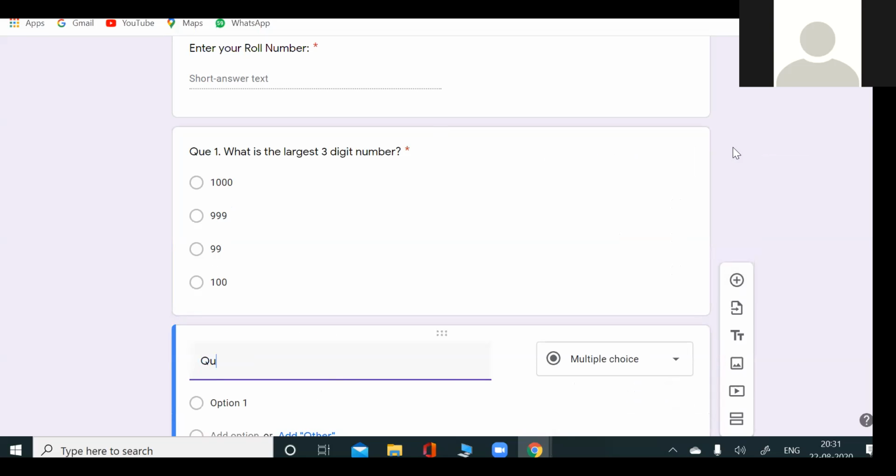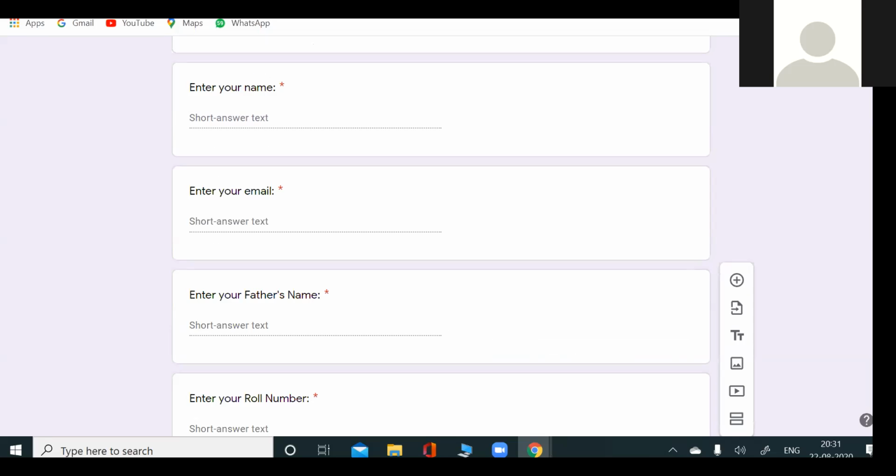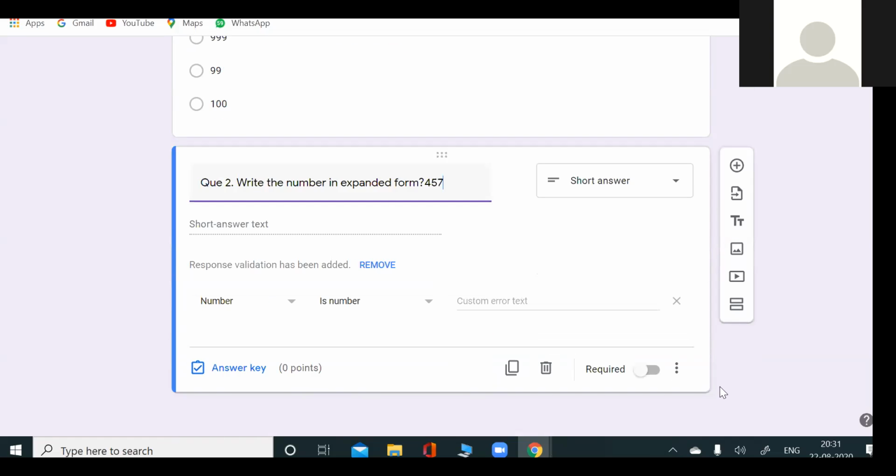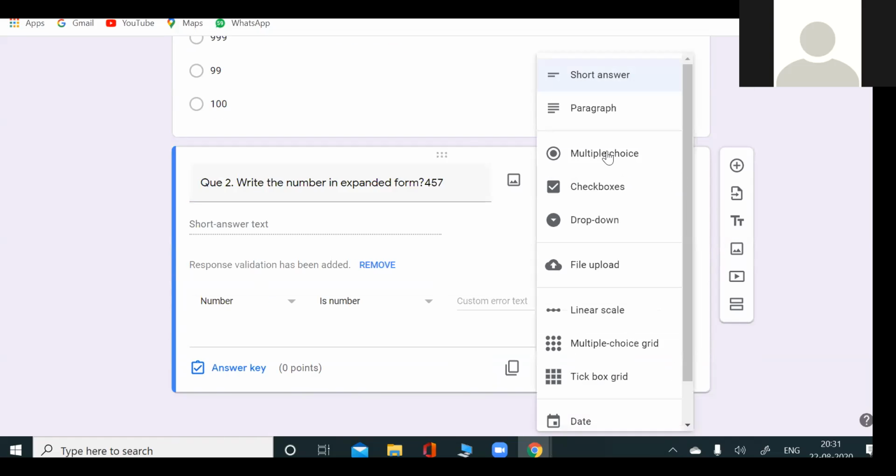Suppose I'm going to give another question, question number 2. Write the number in expanded form. Suppose I want to give the number 457. Now again I have to select it as MCQ.